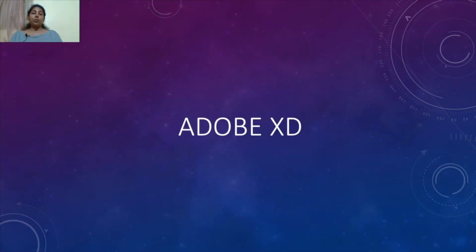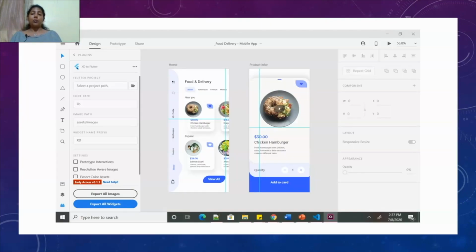Moving on to the Adobe XD. This was another cool feature which was introduced. For the first time, we have a new Adobe XD plugin for exporting your prototype and getting Flutter code. Now, how can you export your prototype into real code that you can use as a part of your mobile development? You have your Adobe XD, where either you can design or you can come up with a prototype PSD